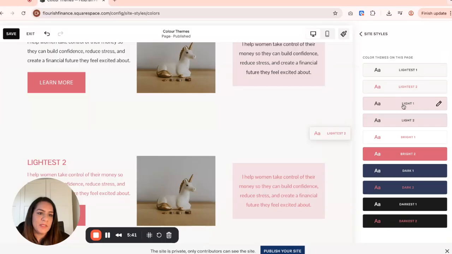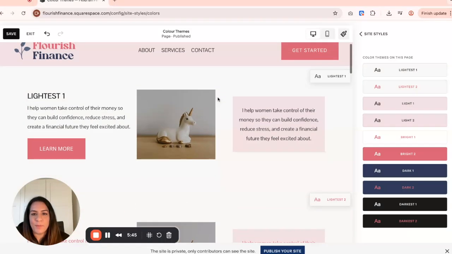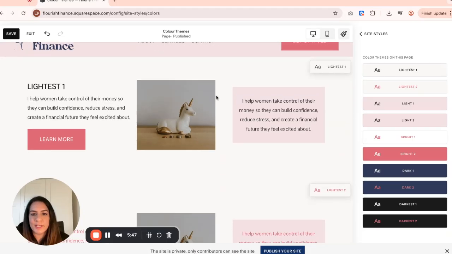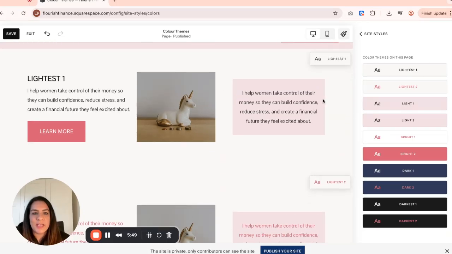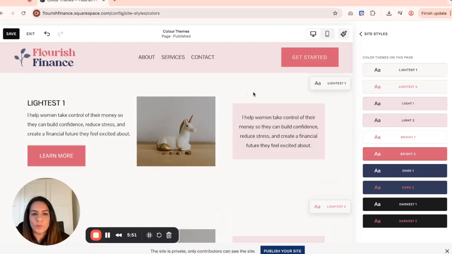So these are my 10 themes, and I've got them all set up here on my page on my website. So I'm just going to scroll down to show you that this is how you can tell what theme is being used on which section. If you look in the top right, you can see that this section is using the lightest one theme. And all that means is the background is my off-white colour, my buttons are my coral, my accent colour, and